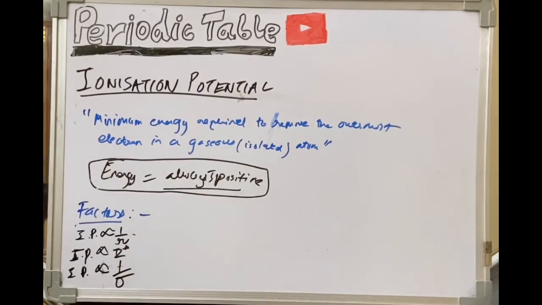Now there is a very important factor over here. We all know that there are noble gas elements which are present in group 18. So there is a constant force of repulsion, due to which it is very hard to remove an electron from them, because they already have a stable electronic configuration. So can we say that the IP in a given period will be the most for the noble gas element present in it? Can we say that? Okay, so in a period the pattern will be like that. However, there is something known as stability of half-filled and fully filled orbitals.